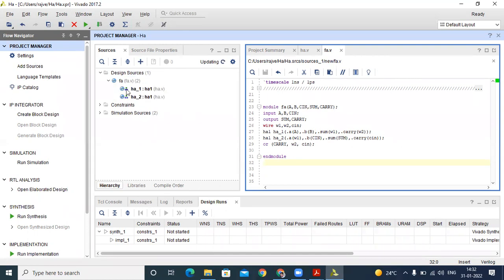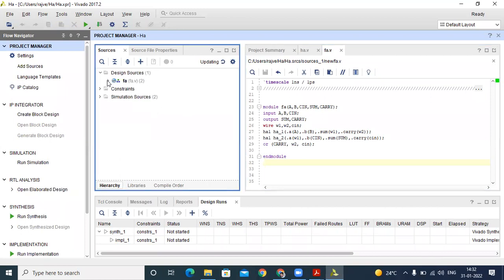Here you usually say that this is our top module. This one, this we define. After we click on this module, we get our two half modules H1 and H1A. We write the names as H1 first and H1 2. The function names are the same because we call the same function two times in our top module. That's why we get the same name. Okay. After that we simulate our module.